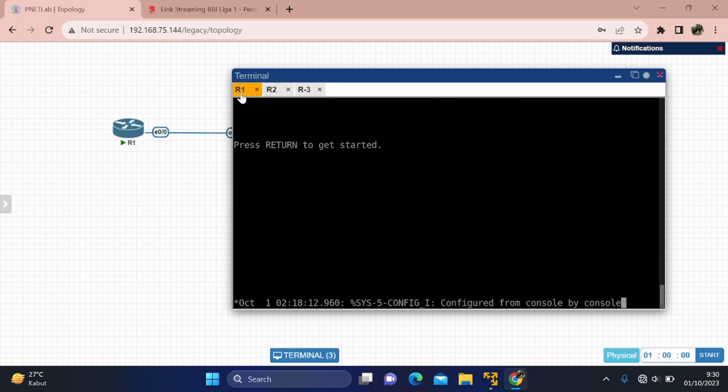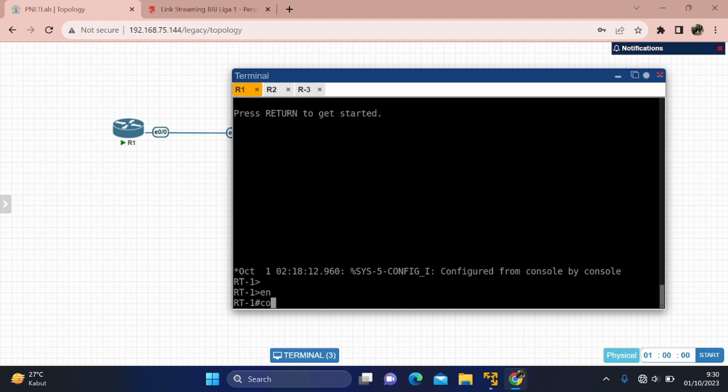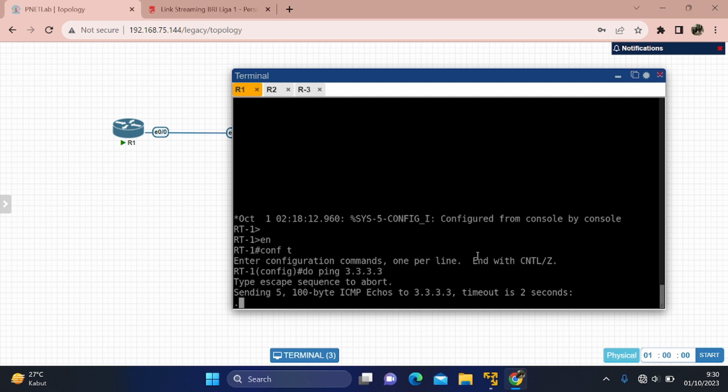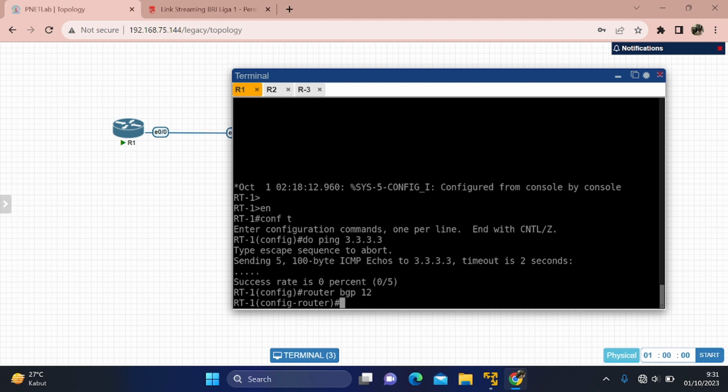And then we'll be doing the same on router 1, test. This is the timeout because it will not advertise. If you want to ping, router BGP 12 and then network.